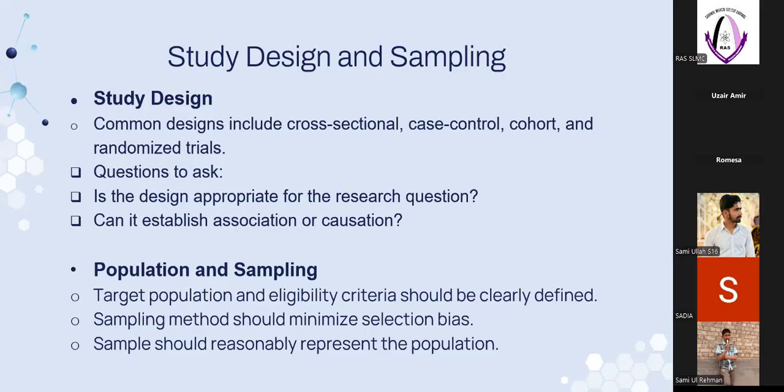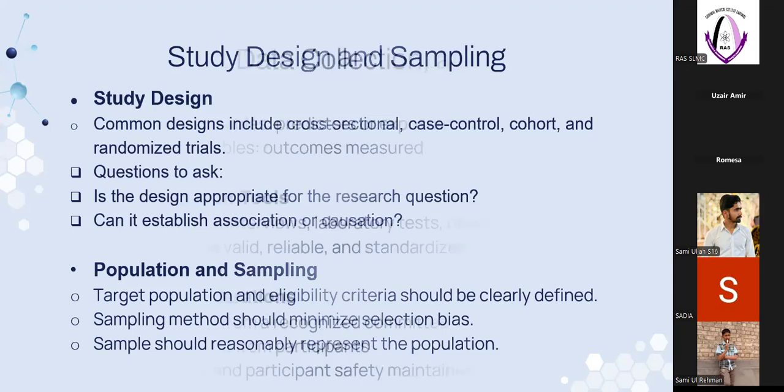So we need to understand, when we are studying an article, what the population size is, and what sampling method was used, whether it's convenient sampling, non-convenient sampling, or randomized sampling. Always remember that randomized sampling is the best kind of sampling. We have studied all the different types of sampling in the first lecture of this specific series. If you remember that, please remember that entire thing when you're critically analyzing a research article.